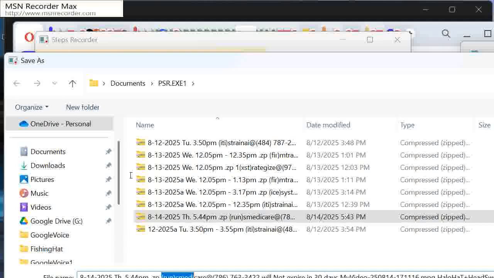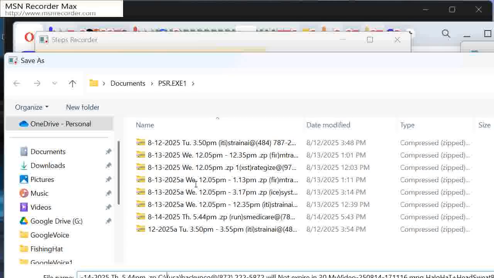Control V, and then go back to trim the portion that is no longer relevant, which is the path. So I'm going to back up the path all the way to the zip,